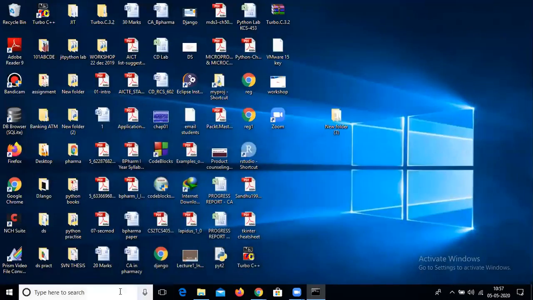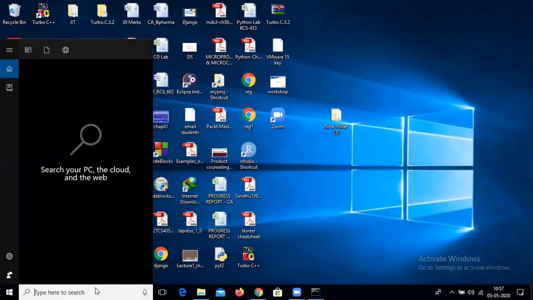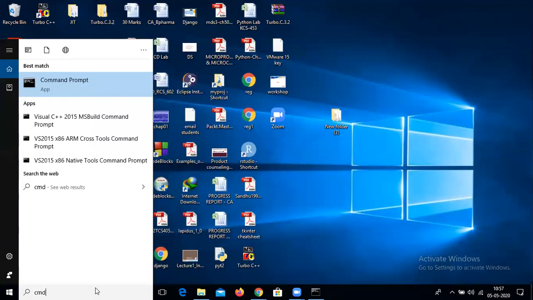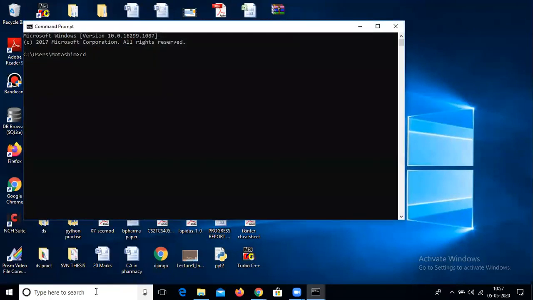Minimize it, then open a new CMD and go again to the bin folder. Now check the name of our previous table.